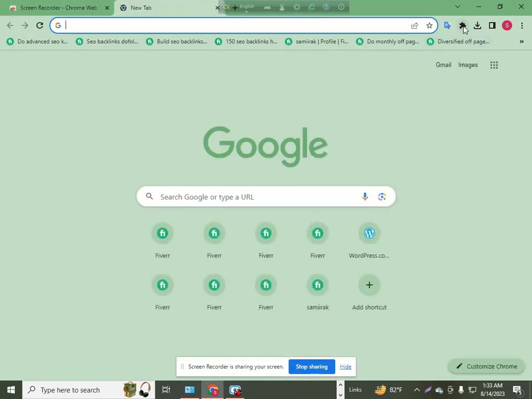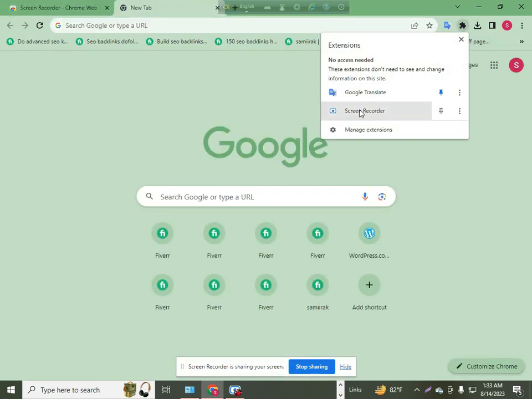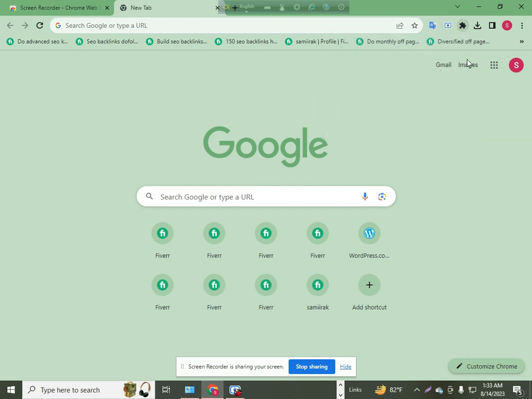Then click on this icon. Then you can see the screen recorder is available here. Then click on this pin button. Then you can see the screen recorder icon here, and if you want to record your screen, then click on